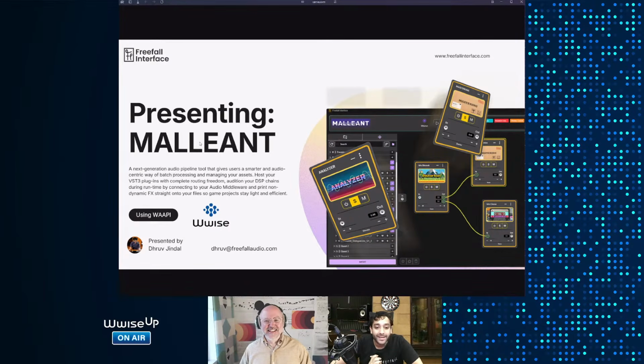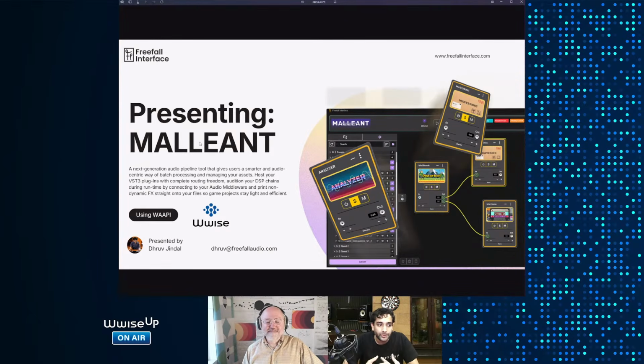Amazing. And at that point, I was also fortunate enough to look at other community tools being made, specifically for Wise. And it gave me the idea that WAPI is not just some enterprise-level tool that Wise offers. It's also something that people can use if they get to know about it. There's not really any barriers to that. Yeah, and unpacking that acronym, the Wise Authoring API, WAPI. The connective tissue between Wise authoring and the ability to extend workflows outside of Wise with that interface. Yeah. That kind of brought me to thinking about Malleant.